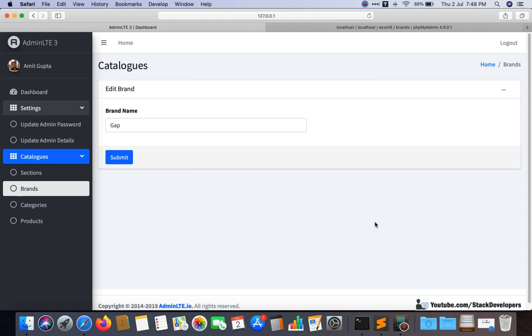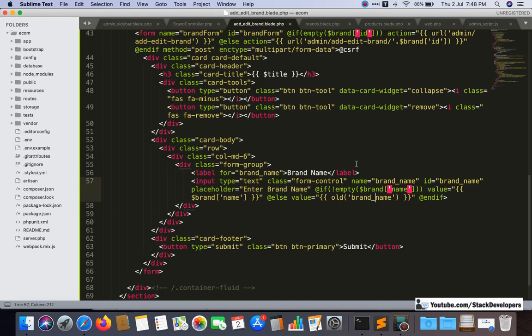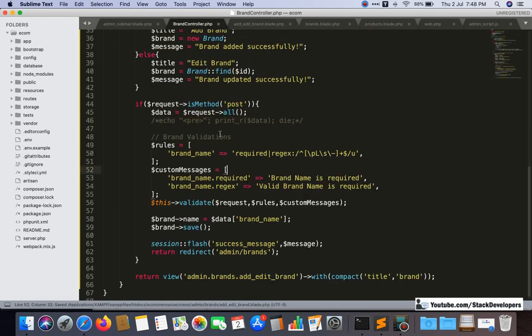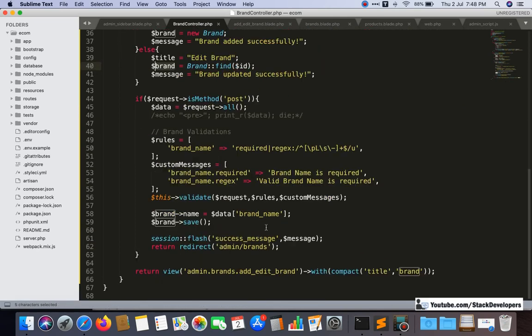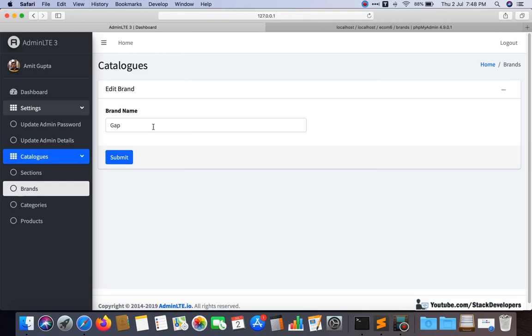Now if you want to update this gap brand, we have already given find and we are already saving it. We will try some other brand like gaps. You can see that you had done some spelling mistake, and now you have used gaps.